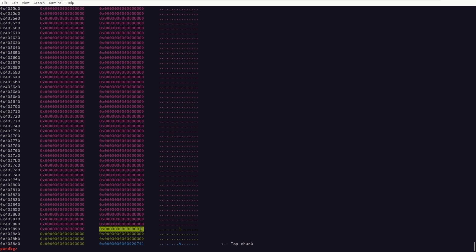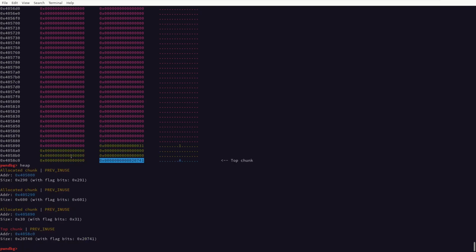It's 0x30 bytes because I forgot to type in 0x18. So I typed 0x20 by accident, and it was aligned to 0x30, but the size doesn't matter. We're just using this so that it's not adjacent to the top chunk and it doesn't get returned. We can view more of the metadata with the heap command. This is the chunk we allocated right here for 600 with prev in use, and then our top chunk size. We're going to continue,